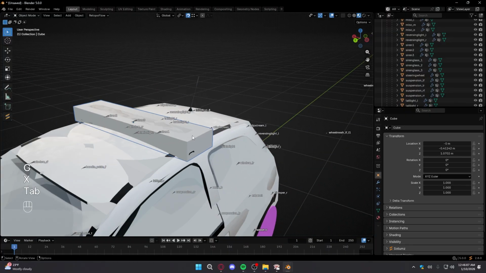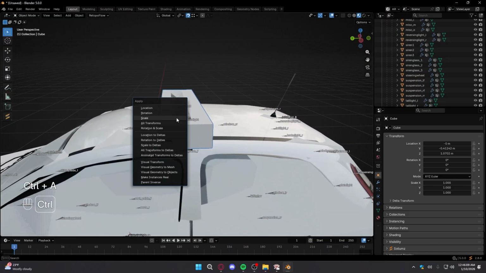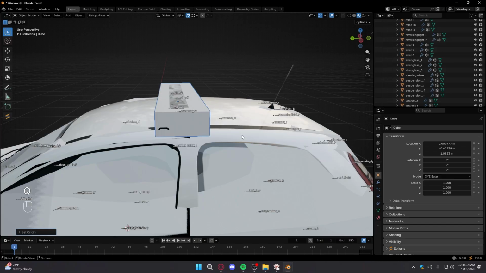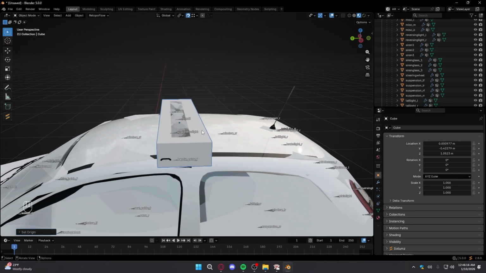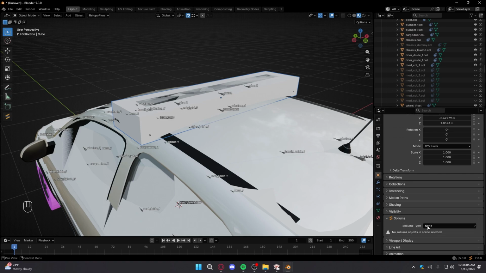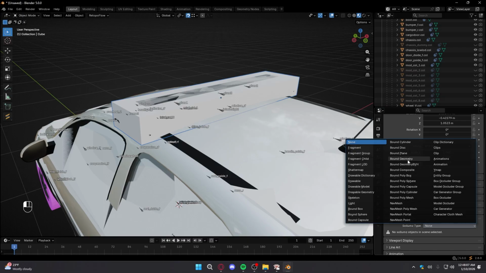So once you have the collision set to the direct area you need, we're going to go ahead and apply all transforms, and once again set center of mass to surface. So once you have your collision box set up, we're going to go on over to object properties and open up Sollumz. From here, we're going to go to bound geometry,